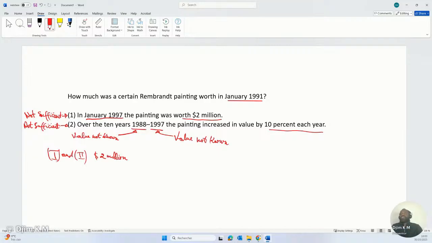So if we want to find the value in 1991, we simply have to decrease the $2 million here by 10%. If we decrease it by 10%, it's going to give us the value of the painting